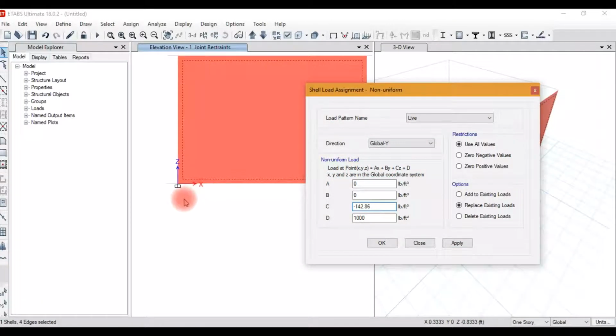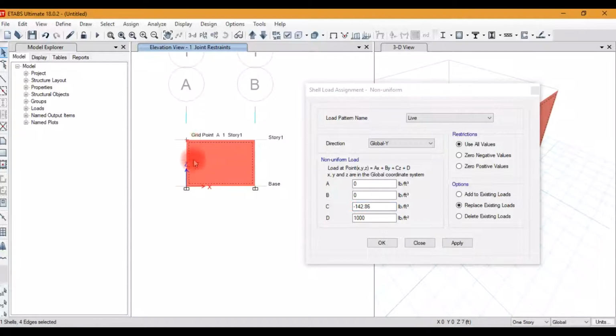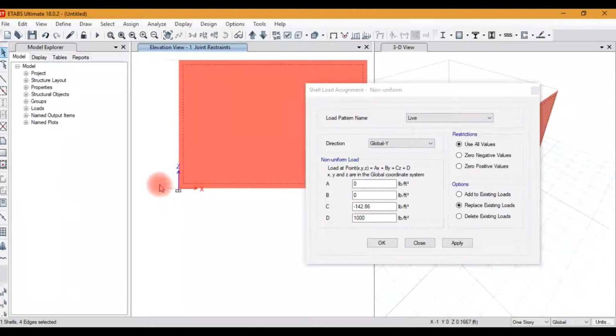We apply the load 1000 at the bottom and 0 at the top, and in X and Y direction we do not change the values, so it becomes 0. Then only three things are left. Cz plus d is equal to load.